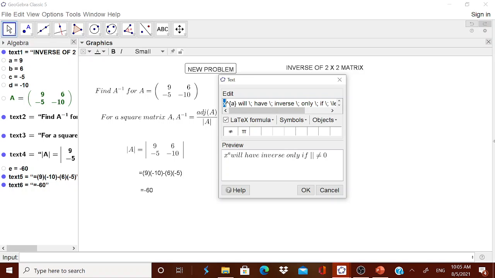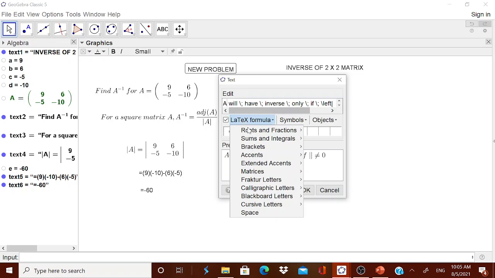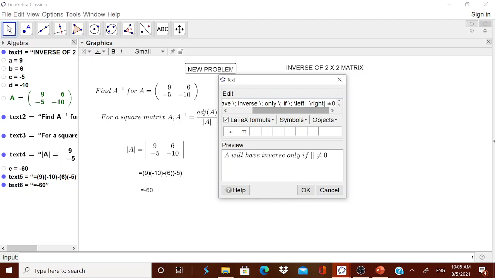Here you have to make this as determinant A, only capital A. Okay, capital A will have inverse only when determinant A, sorry, capital A is not equal to 0.